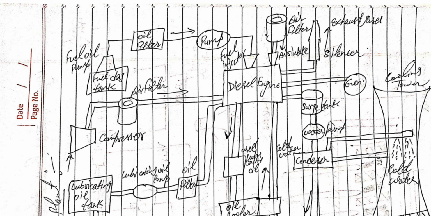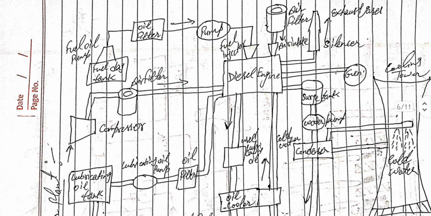स्टार्टिंग विद द टॉप, fuel day tank, and then is the fuel oil pump and circulate to the oil filter, then it comes to the pump, and then fuel injector connected to the diesel engine। डीजल इंजन के साथ फिर साइलेंसर जहाँ से गैसेस एग्जॉस्ट होती हैं और एक एयर फिल्टर यहाँ पे कनेक्टेड है डीजल इंजन के साथ।